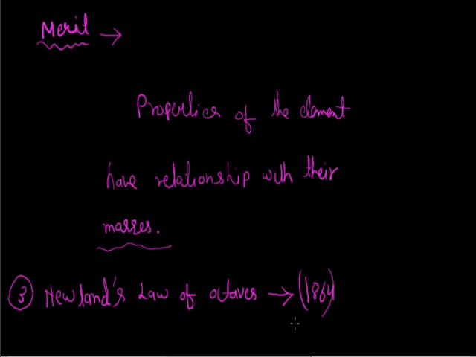Newland is an English chemist. John Newland proposed a new systematic of grouping elements with similar properties. He tried to correlate the properties of elements with their atomic masses. He arranged the then known elements in the order of increasing atomic masses. He started with the element having the lowest atomic mass, that is hydrogen, and ended at thorium, which was the 56th element. He observed that every 8th element had properties similar to that of the first.